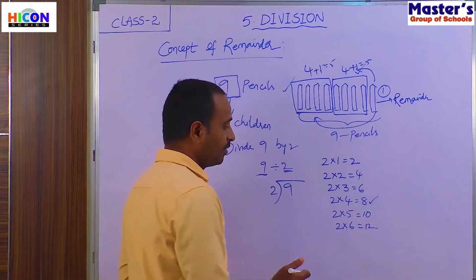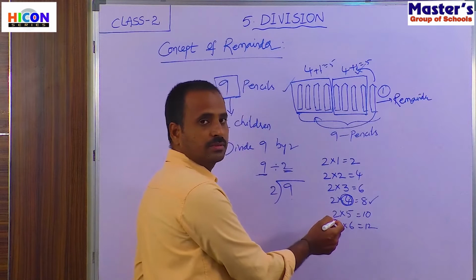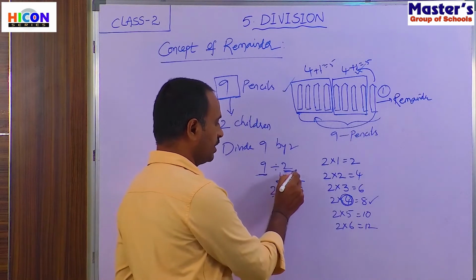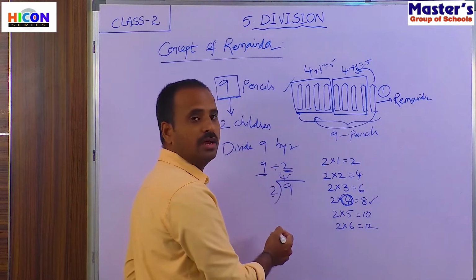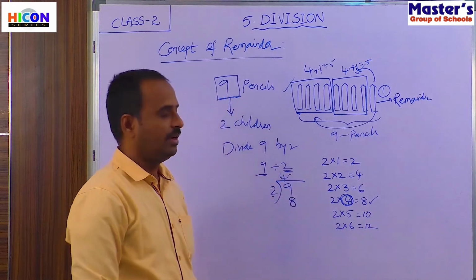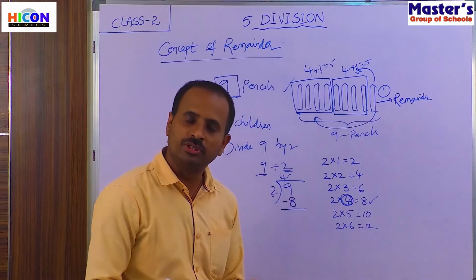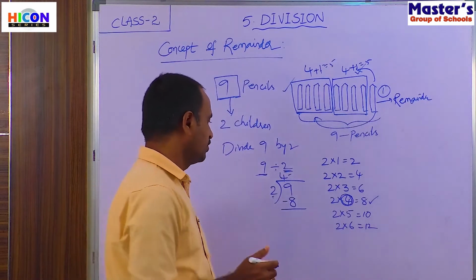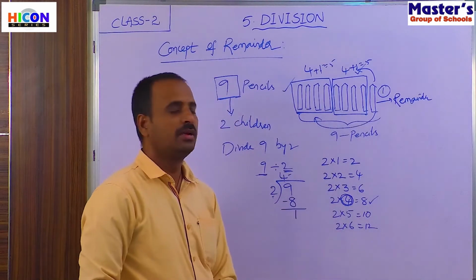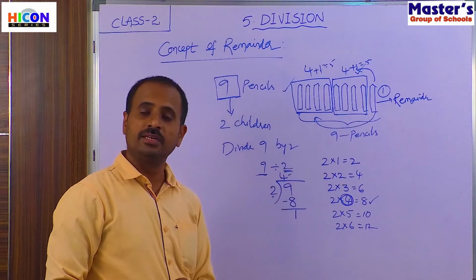So that means we have to take 4 times. Write this 4 in the quotient above the dividend. Now multiply these two numbers, 2 into 4. 2 fours are 8. Write 8 under the dividend and subtract these two digits. If you subtract 8 from 9, you will get 1. Write 1 here. We did not get 1 in the table of 2, and there is no second digit to bring down here, as we have done in the previous divisions.